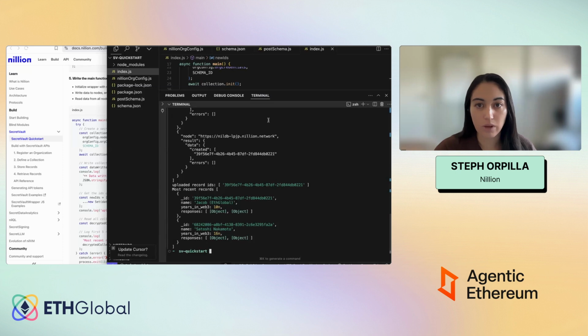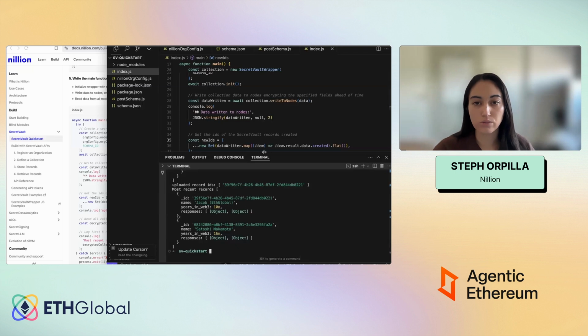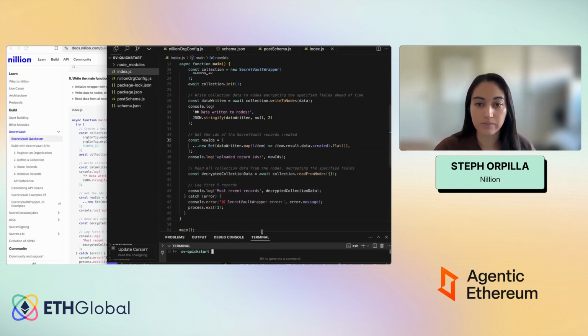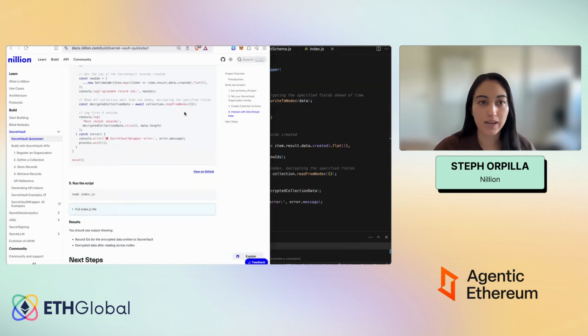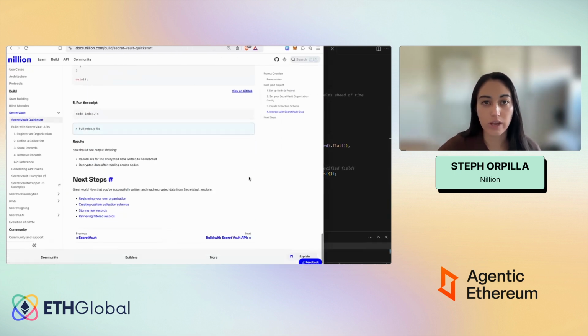So you can see that with Secret Vault, we were able to encrypt and write data and then read all of the data back because we have that organization secret key that's needed to read and write from Secret Vault and also create new schemas. So that's a little bit on Secret Vault. I think we just speed ran all of the Quickstart in, I want to say, less than 10 minutes. So I think this should give you enough to use Secret Vault in pretty much any flow that you're doing